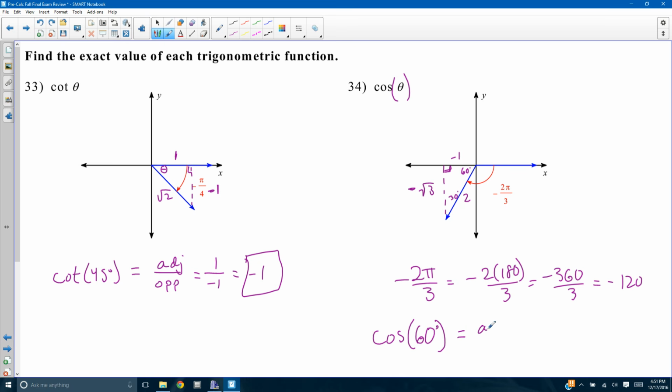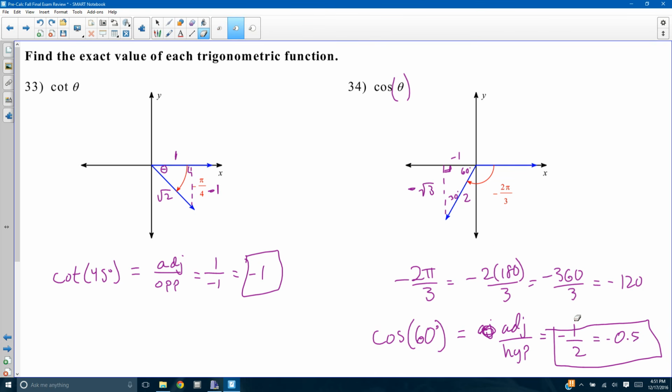That's adjacent over hypotenuse, which is negative 1 over 2, or negative 0.5. So once again, you can try and type that in your calculator. You'll be getting that as well. The important thing to note right here are your special triangles and their ratios. So if you understand that 30, 60, 90 has a 1 to 2 to root 3 special triangle relationship, and as long as you know where you're at,